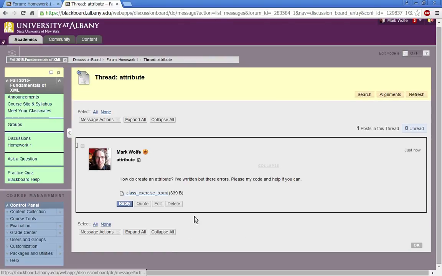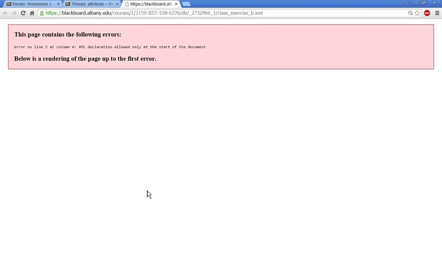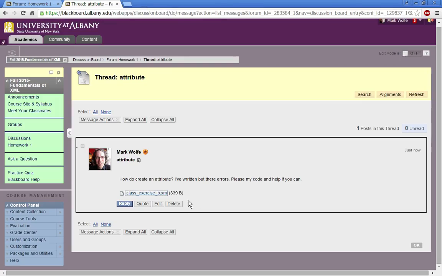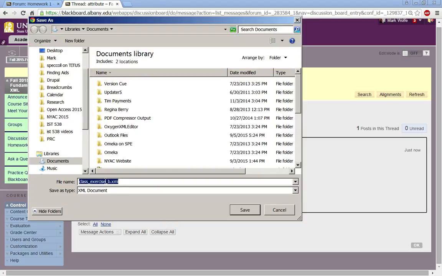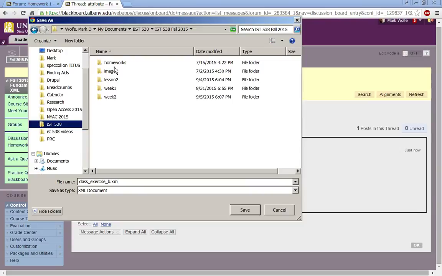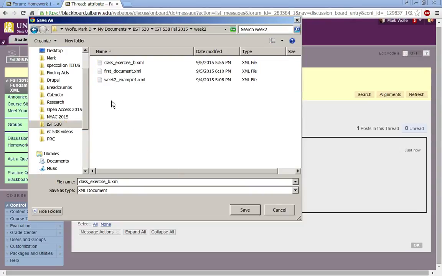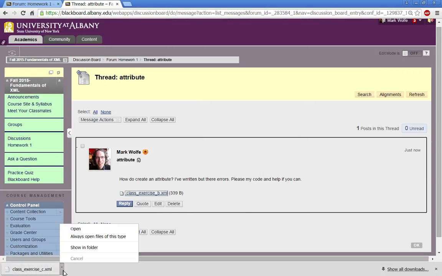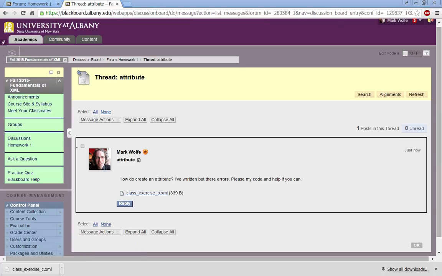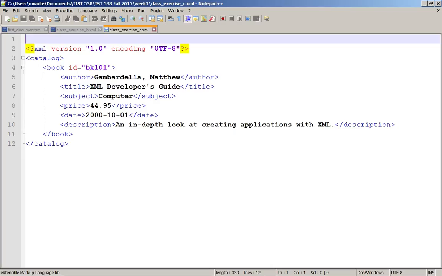If I click in there, I'll see here it is, and it won't open up right away, so what I need to do is right click on that and save link as, and then it'll let me get it, and I can save it to my desktop or wherever, and maybe I'll rename it to C. Click save. I'm going to navigate to that folder, and then I'm going to open it in my editor, Notepad++,